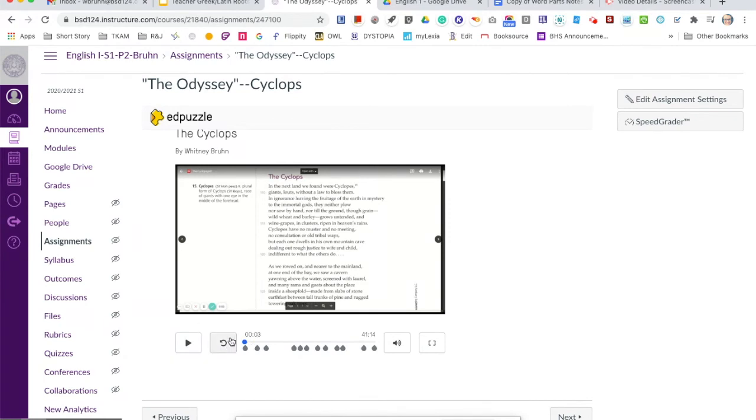As you go, again, you aren't going to be able to skip forward, but you can rewatch sections. So let's say that you're at this question and you realize, oh shoot, I didn't hear the answer, you can hit rewatch, and it's actually just going to replay from the last question to the current question. So you don't have to go back and rewatch the entire video just to get the answer to that one little part that you were needing to hear. Okay, if you complete this and you're not happy with your grade, you're welcome to do it again. You just need to send me a message and let me know that you would like to redo it, and then I can reset your progress for you.